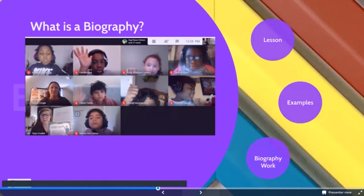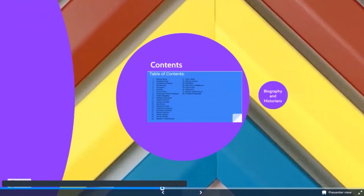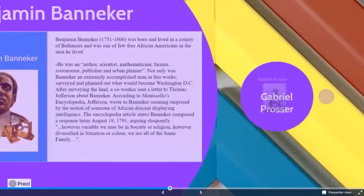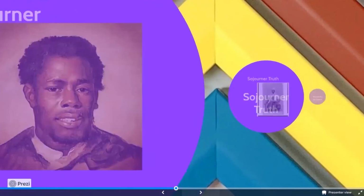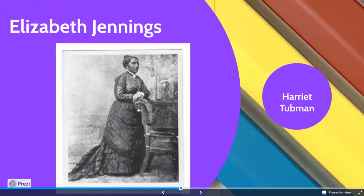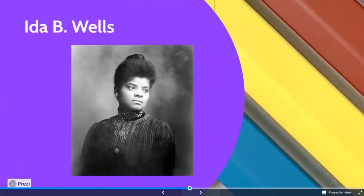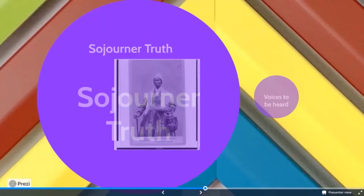And so the students did a fantastic job with that. They're keeping a biography portfolio this year. So this is a portfolio of all the people we will be learning about. So Phyllis Wheatley, Benjamin Banneker, Gabriel Prosser, Crispus Attucks, Nat Turner, Sojourner Truth, Elizabeth Jennings, Harriet Tubman, Robert Smalls, W.E.B. Du Bois, Booker T. Washington, Ida B. Wells. And so these are just to name a few of the faces that we're going to talk about this